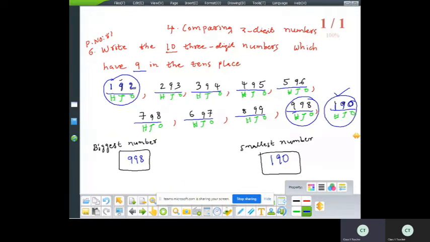Today we have finished question number 4, 5, 6. From question number 4, I gave homework, that is B, C, D. Okay, students. Now question number 7 also homework. These are today's topics. 4th one is completed. 5th one is completed. 6th one also completed. Now 7th one is homework for you. In tomorrow's class, I will explain question number 7.